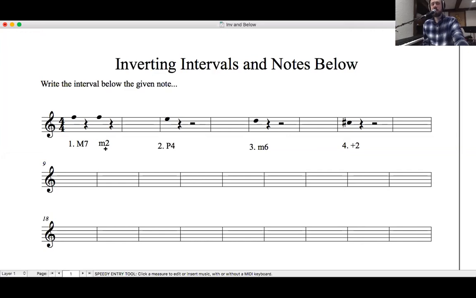So how do I find a minor second above F? Well, what's a second above F? It's some kind of G. Very good. And I know that F natural to G natural is a major second. So what is a minor second? It's F to G flat, right? So F to G flat is a minor second up. So all I need to do is put a G flat below the first F, and that's a major seventh